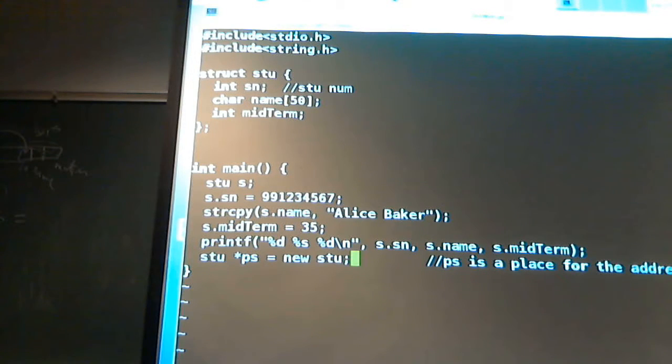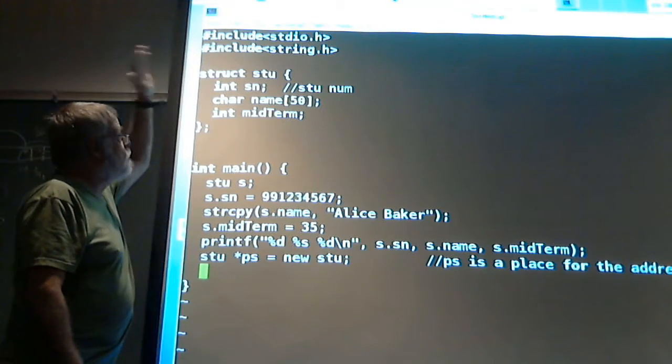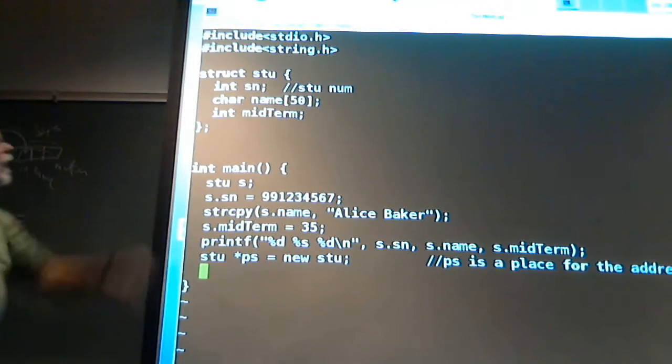Okay, now, say I want to put, on the next line, I want to give this new student a student number, a name, and a midterm grade. This part is unfortunate. So I want to say asterisk PS. PS is the address. Asterisk PS is this place over here. So I'd like to say this, asterisk PS dot